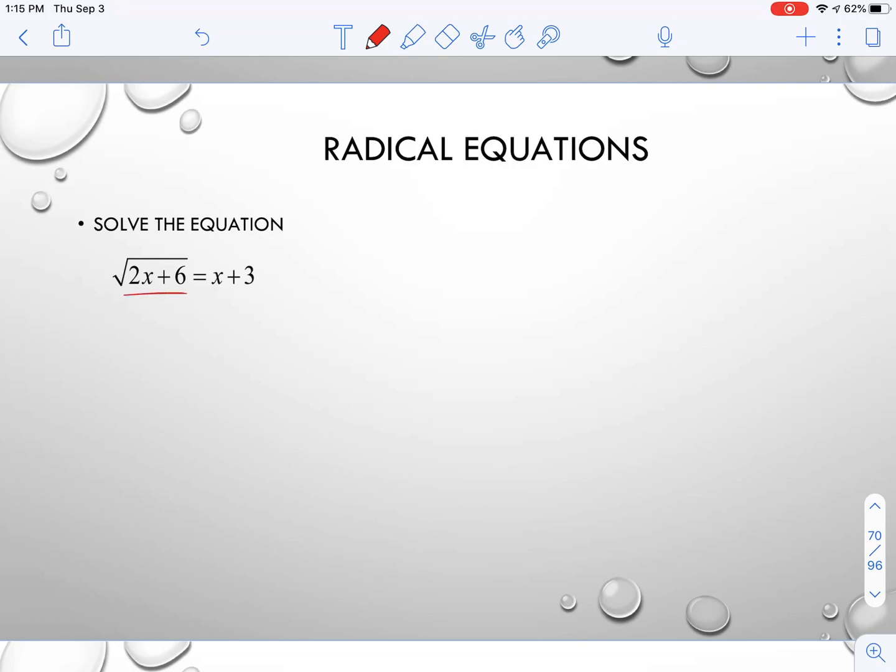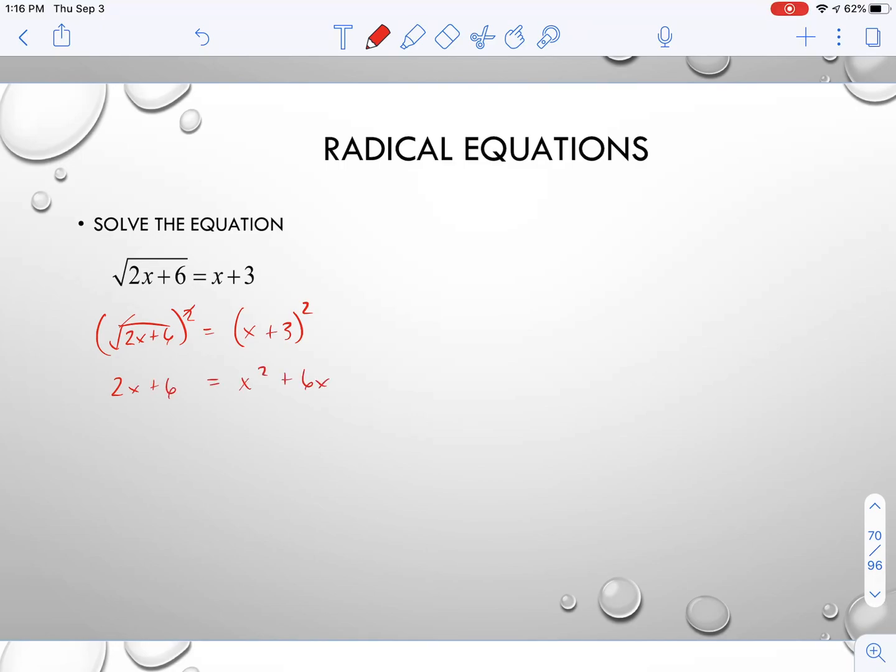So here I take a look. My radical happens to already be isolated, so I'm going to square both sides. So I'm going to have the square root of 2x plus 6, all squared, equals x plus 3, all squared. Again, on the left, they cancel one another out, so I have 2x plus 6 equals, and if I FOIL,